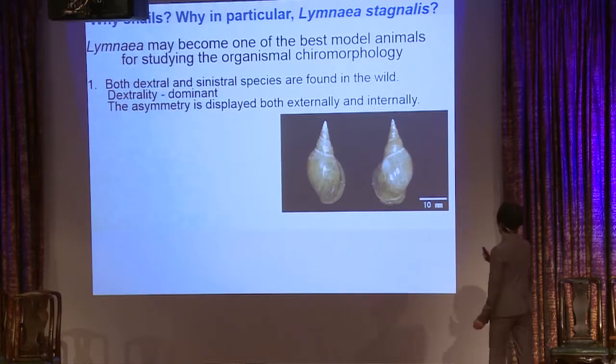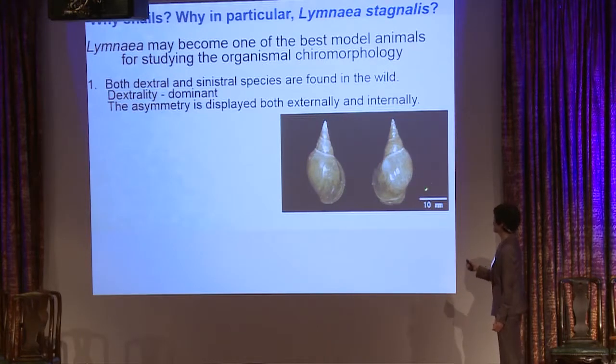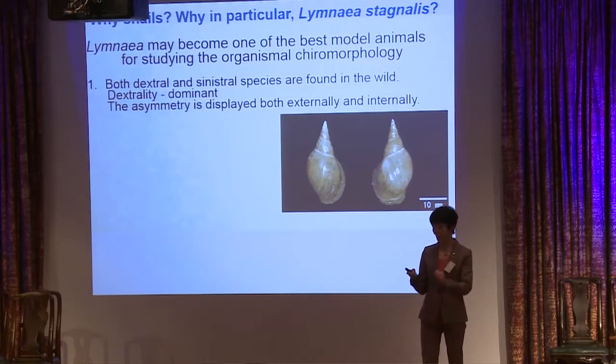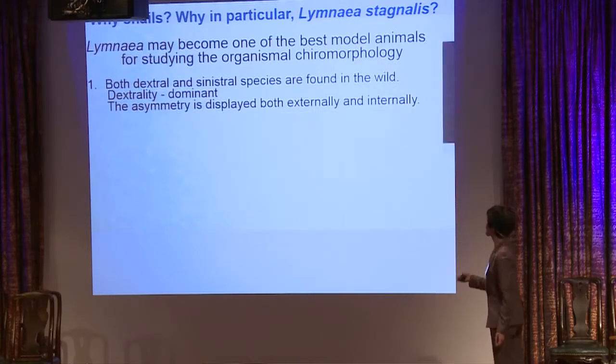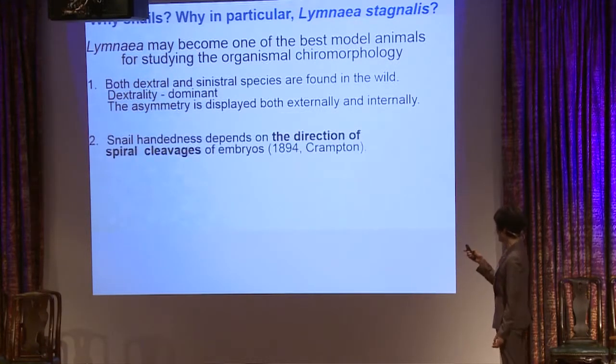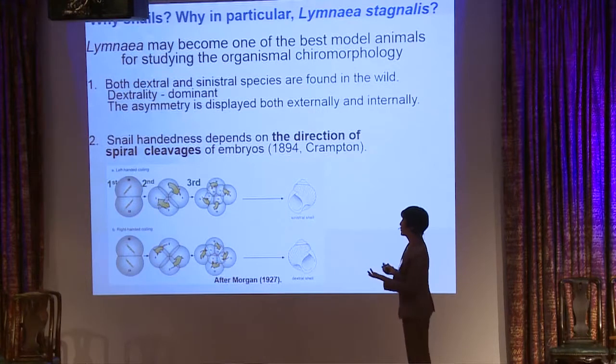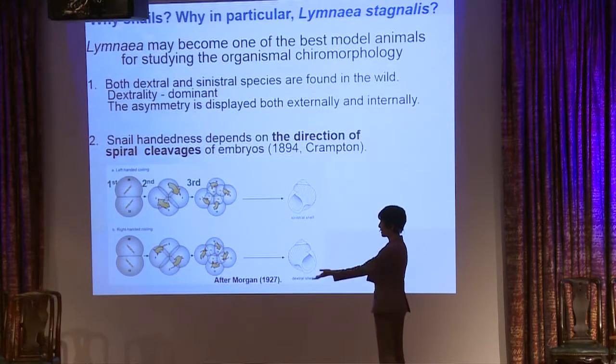This is the snail I've been working on. This is the right-handed, dominant one, and this is the sinistral one, which is only 2%, but this is in the wild. So what does the direction of spiral cleavage mean? This is called spiralian. It does spiral cleavage at the first, third, or fourth, or maybe up to the fifth cleavage. So it's a fertilized egg,